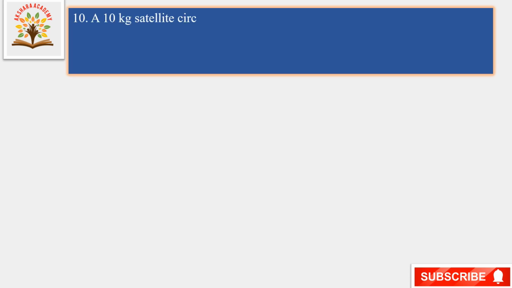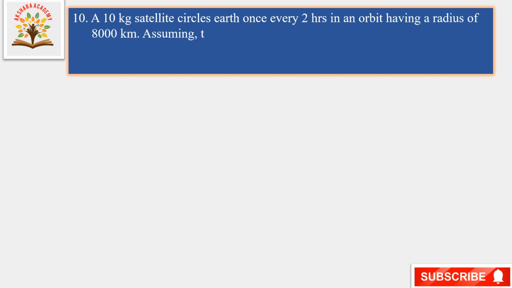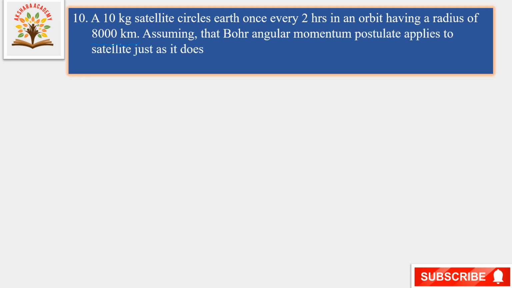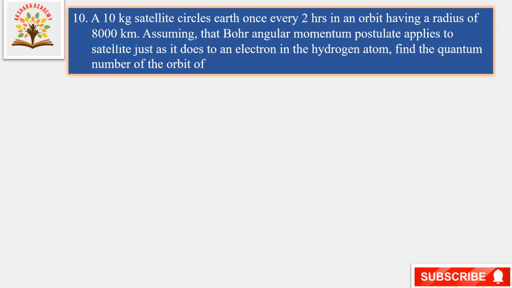A 10 kilogram satellite circles Earth once every 2 hours in an orbit having a radius of 8,000 kilometers. Assuming that Bohr's angular momentum postulate applies to satellites just as it does to an electron in the hydrogen atom, find the quantum number of the orbit of the satellite. Now we will calculate the quantum number of this satellite. Now let us go to the solution. Given